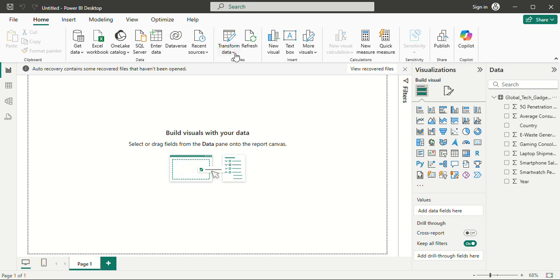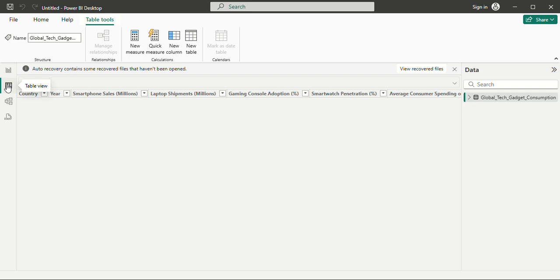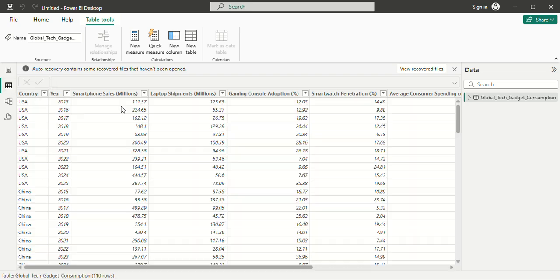If you add some rows after loading your data, and then you have to visualize the data which you added, you can use refresh. What it will do is refresh your data and refresh your visuals. There are also more options, like this is the report view option. Here is the table view. Let's see what columns are available in the table.